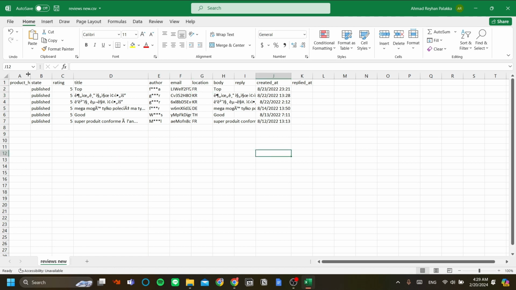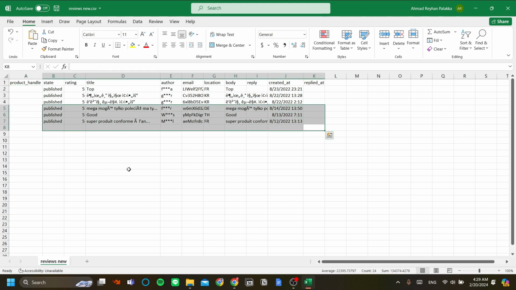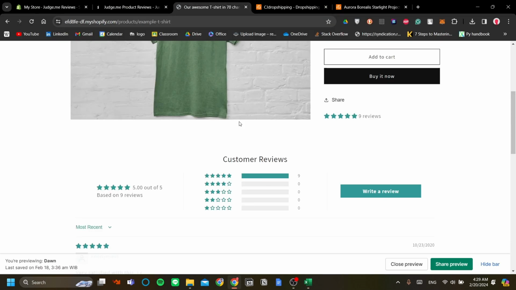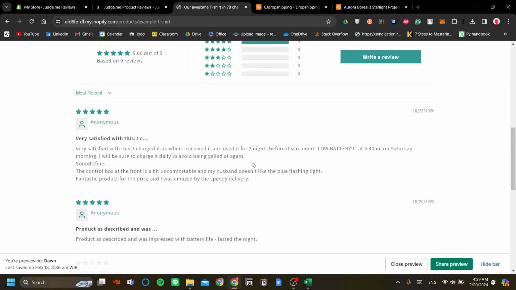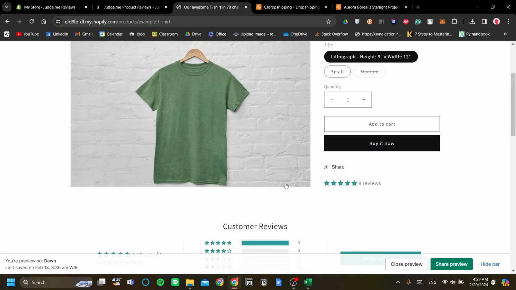Okay, so the most important column here is actually the product handle, because this column is what Judge Me uses to determine where Judge Me will place the review. In this case, I want to put these reviews onto my t-shirt product page over here. So I should add the example t-shirt product handle